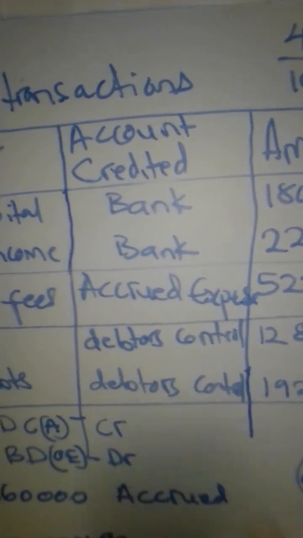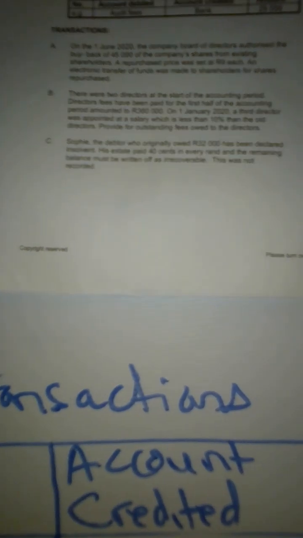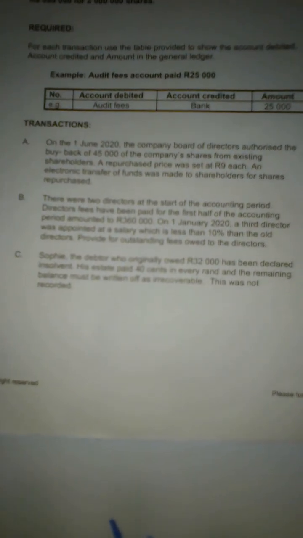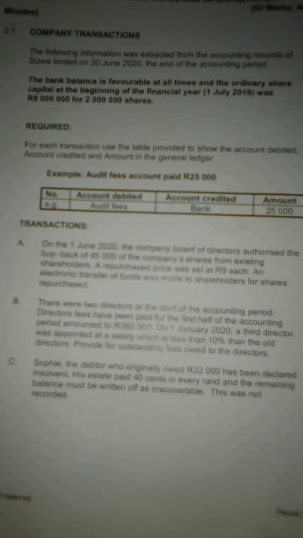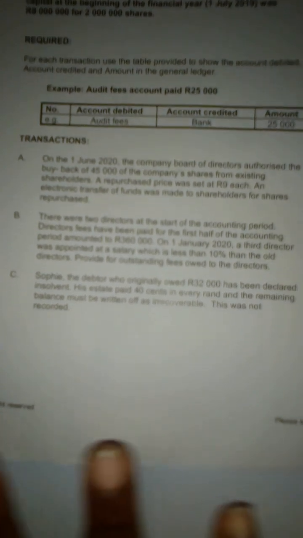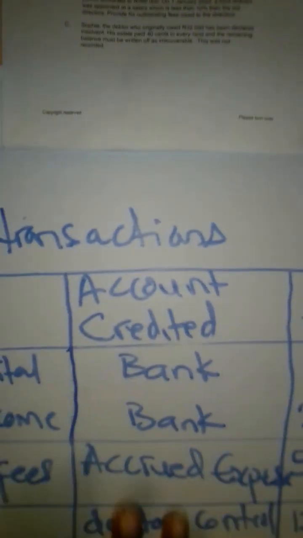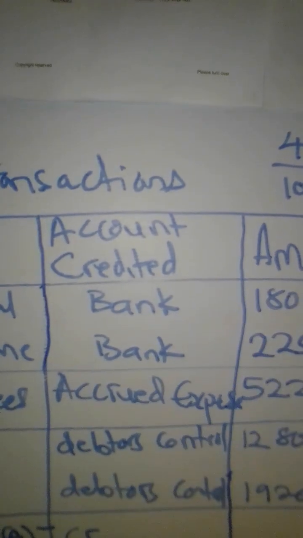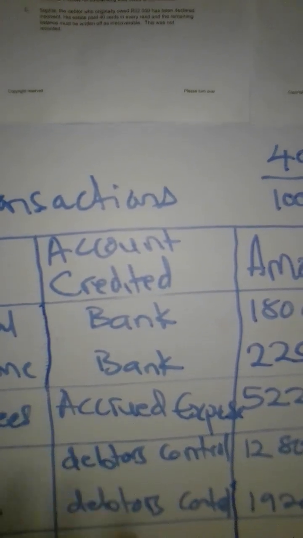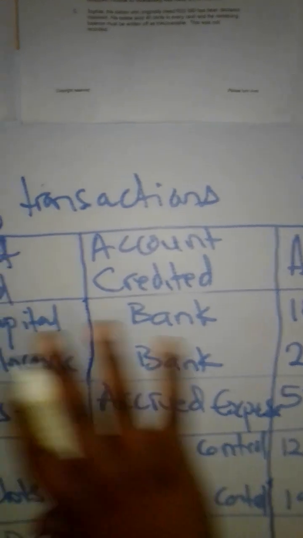It just looked like a simple activity whereby we are supposed to identify an account to be debited and an account to be credited, but it actually needed your full attention. You were supposed to read slowly and understand exactly what they are saying so that you could record the proper transactions and also the correct amounts. So this is all on this company's transactions.